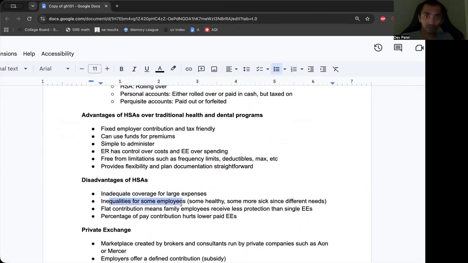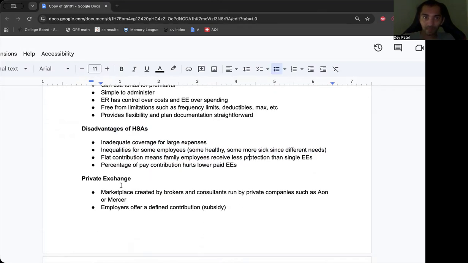There could be some inequalities, with some healthy and some more sick employees having different needs, because it's a fixed contribution. Some may need a larger amount. And a percentage-of-pay contribution hurts lower paid EEs, since the amount is going to be lower for them, which definitely hurts. So sometimes large expenses cannot be covered, and it also creates some inequalities for the